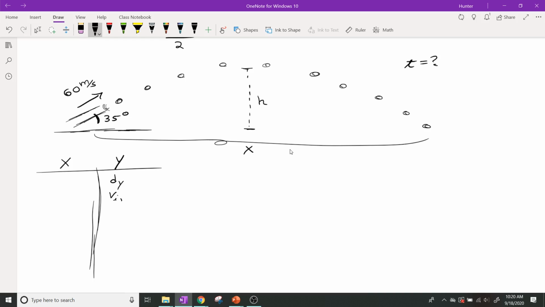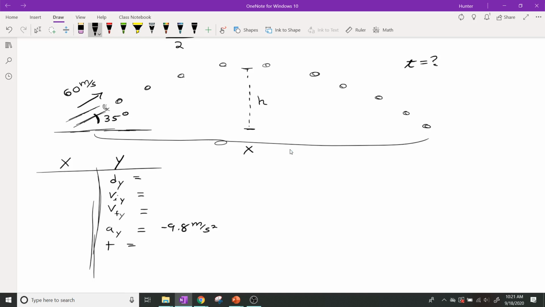vi y, vfy, ay, t doesn't have a direction. So DVAT, and we know that this one is negative 9.8. We'll use numbers this time to make y'all happy. Negative 9.8 meters per second squared. Do we know anything else about the